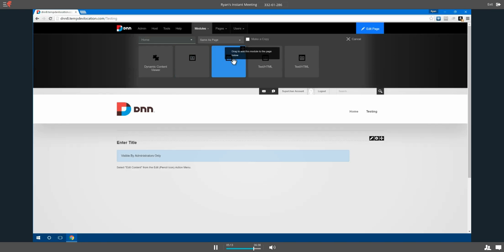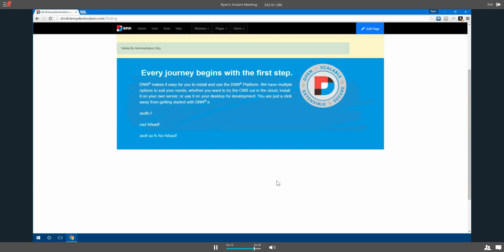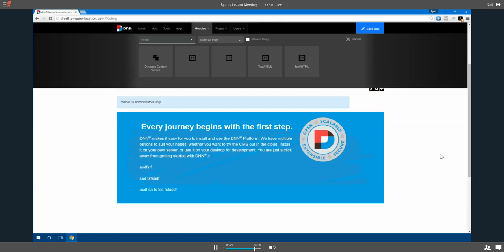In this particular case, I'm going to grab what I think is the second one on the home page, and I'm going to drag it and place it here. At this point, I have made a reference to an existing module that exists over on the home page. And rather than creating a second copy or a disconnected instance of that module, this is a reference to an existing module. That means if I come over on this page and I begin changing the text that we find in this particular module,